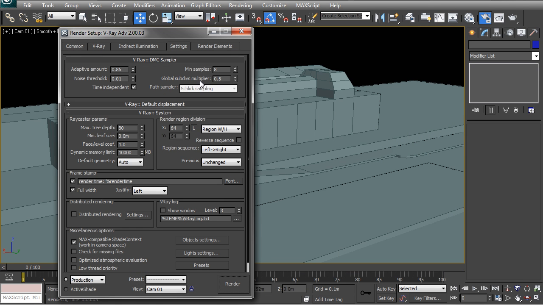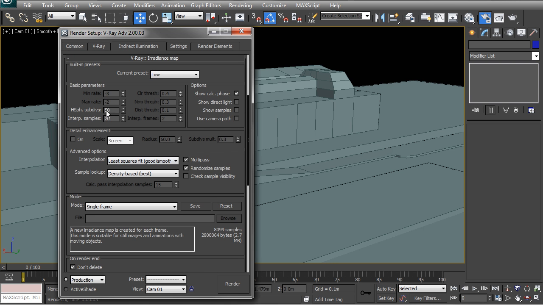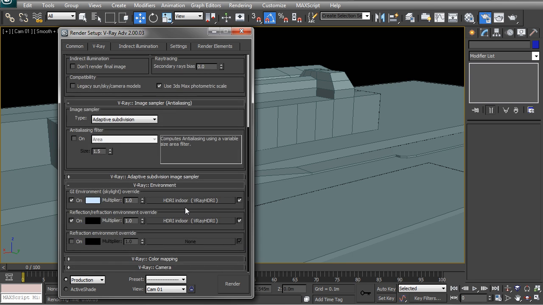So what I wanted to do, instead of trying to increase any render settings, you'll notice that we used very low settings by cutting the subdivision multiplier in half. Noise threshold is quite high, in other words, we should have a lot of noise, and everything is pretty much at its lowest possible point in terms of its render setting. So instead of cranking up render settings to try and blur out any GI, for example, we could go into our irradiance map over here and increase the interpolation samples to blur out some of those blotchy areas, but most of that discoloration that we want to get rid of is actually caused by